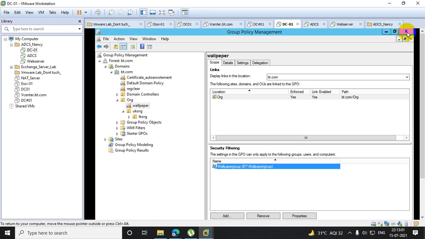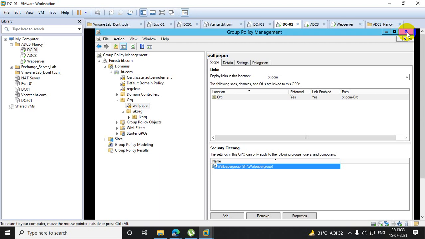The main things in the interview: they will ask you what you mean by enforcement, what you mean by group policy inheritance, what you mean by domain policy, how the policy is inheriting, what you mean by security filtering. They will ask questions on a scenario basis. In security filtering, what can they ask? They ask that I have a policy and I want to apply it on specific users, then what to do?